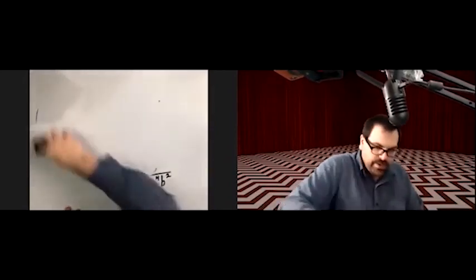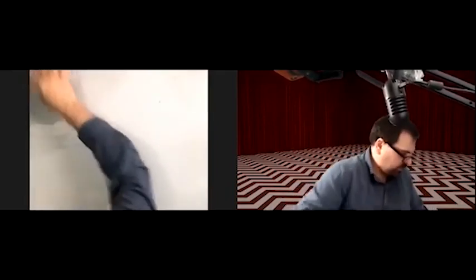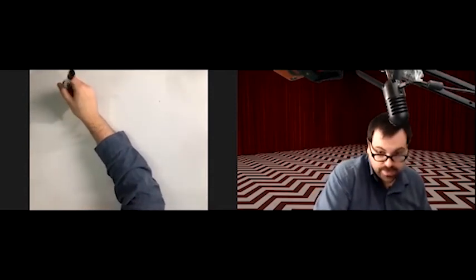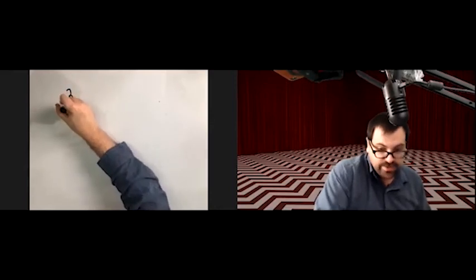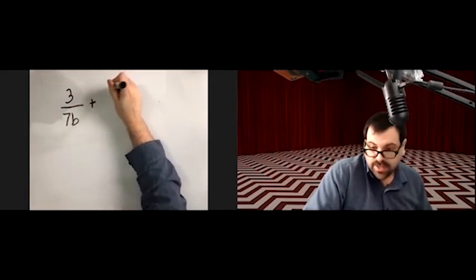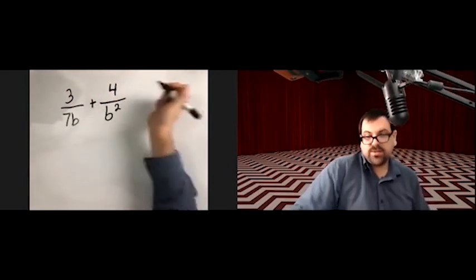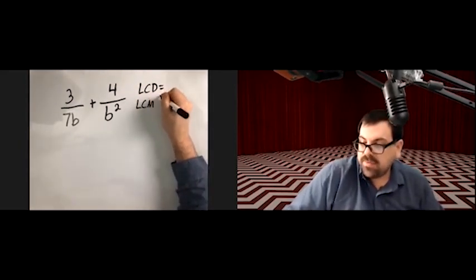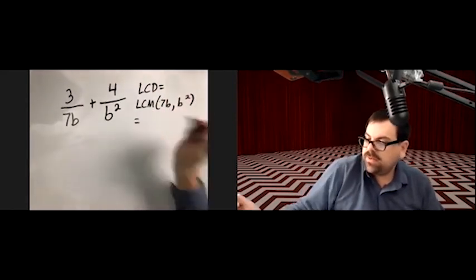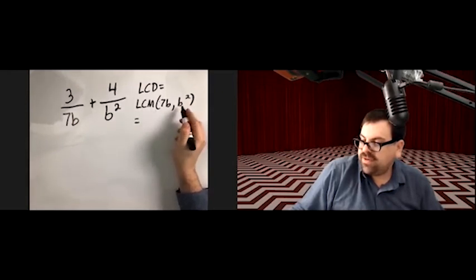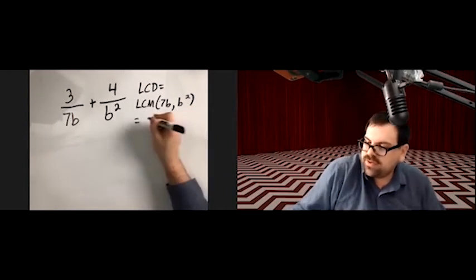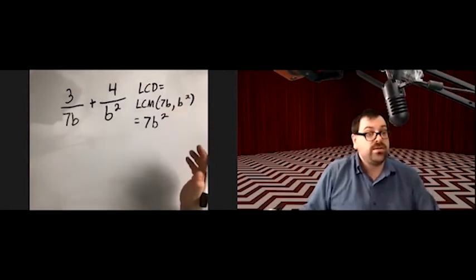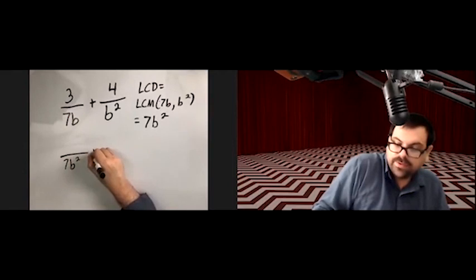Let's do another addition of unlike ones with simple denominators. Let's take a look at 3 over 7b plus 4 over b squared. So first, what's the LCD? The LCD is going to be the least common multiple of 7b and b squared. The least common multiple of 7 and 1, since we don't have a coefficient here, is just going to be 7. We have a b, and the highest power of b we have is squared. So 7b squared is our least common